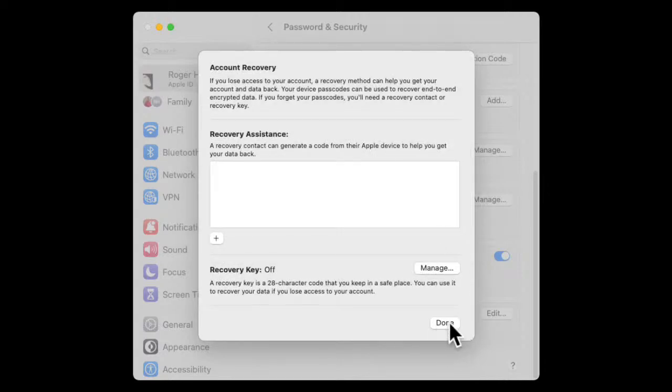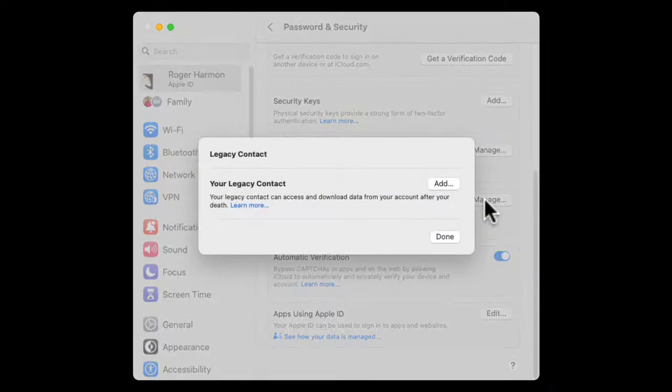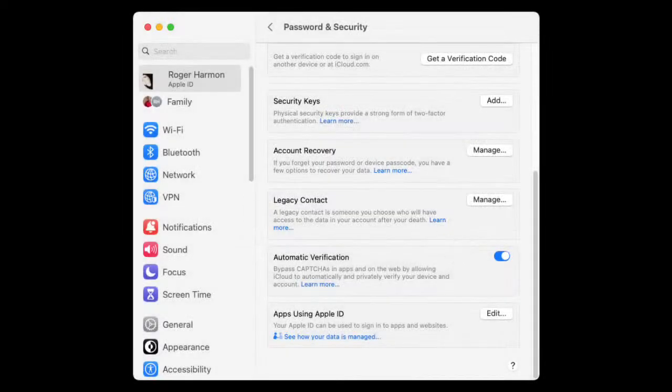Okay, so now we click on Done to get out of there. And then we have the Legacy contact. Again, you would click on Manage, and that Legacy contact can access and download data from your account after your demise, and that stays available for a period of 3 years. So the reason you may not want to do the Legacy contact